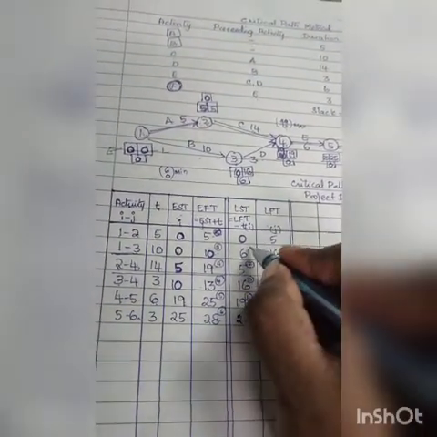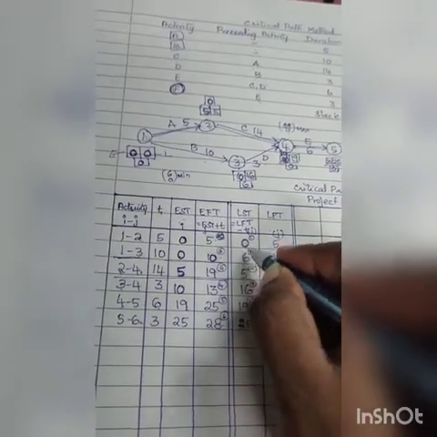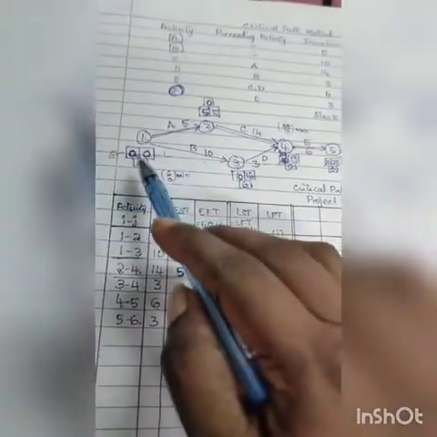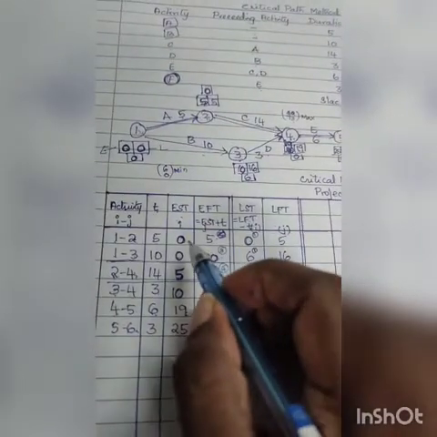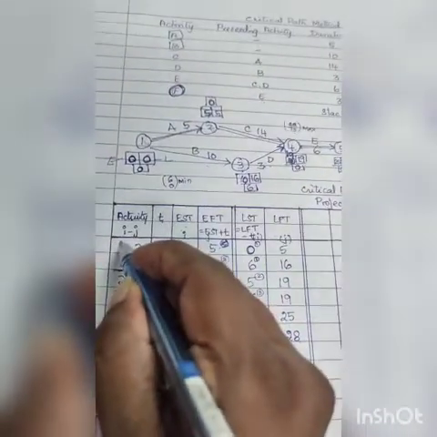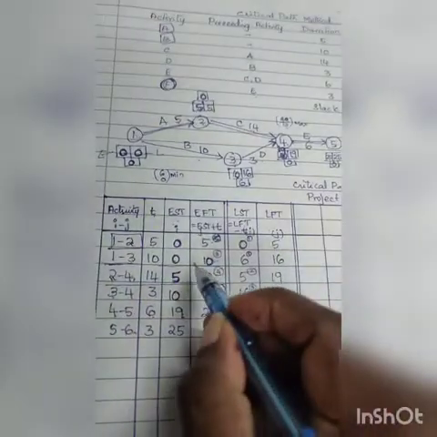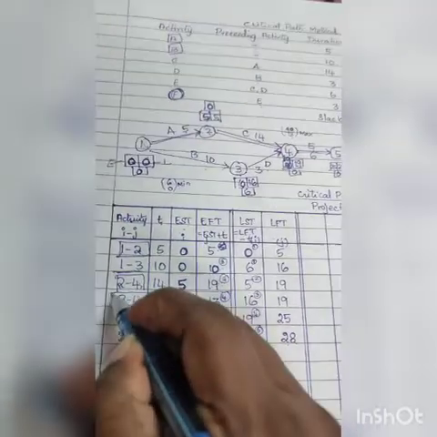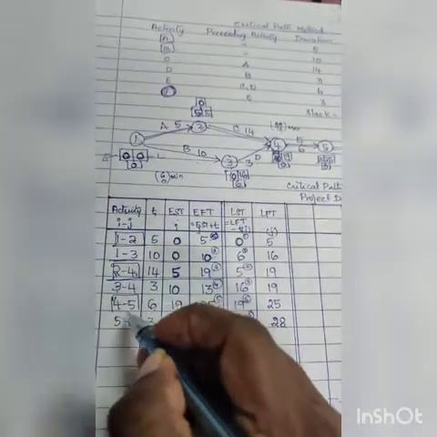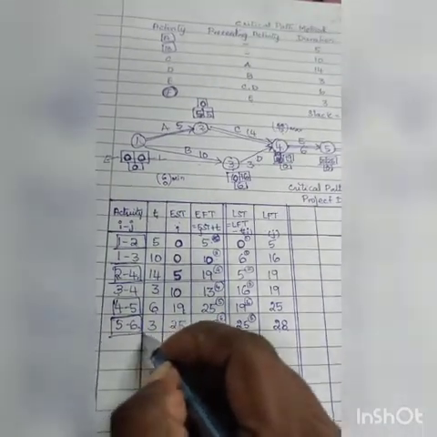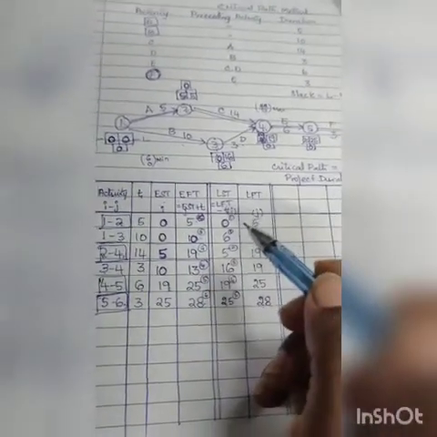So if you notice here you have again 1 and 1. I am going to take the minimum of these two, and if you notice these are the values that are here actually. So critical path 0, 0, 0, 5, 0, 5, 1 and 2 are critical. These are not same. 5, 19, 5, 19 critical path. 19, 25, 19, 25 critical path. 25, 28, 25, 28 critical path. So you have critical path.